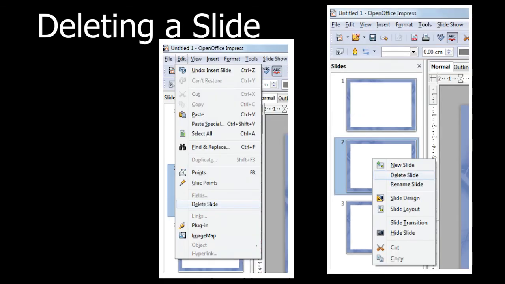And next one is about deleting a slide. Here also you can delete in not only one way, there are two or three ways. Let's see the ways to delete a slide. Okay, you can select the slide which you want to delete and go to Edit and select Delete, right? Or else you can right click on the slide, and from the pop-up menu select Delete Slide, right? Or you can select the slide and click the Delete key on the keyboard also, right?